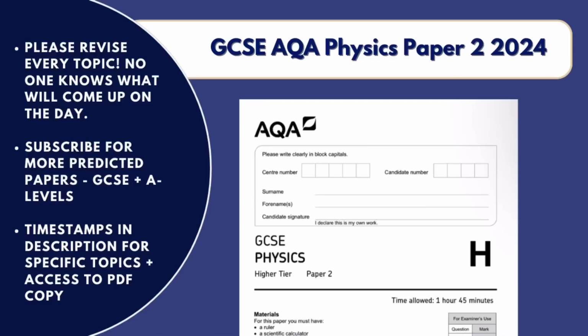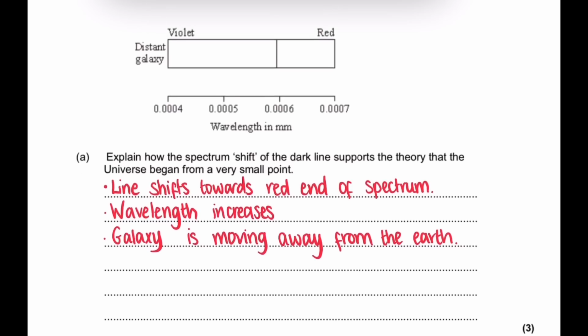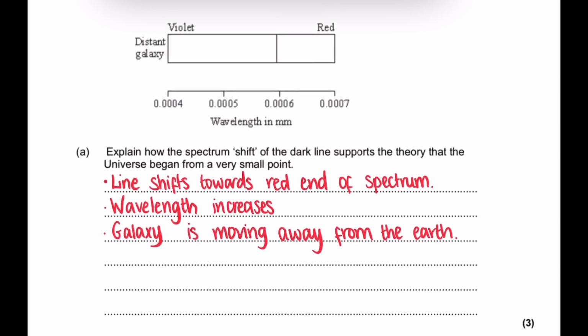So let's get started. The visible part of the electromagnetic spectrum from a star includes a dark line. This line is at a specific wavelength. The diagram shows the position of the dark line in the spectrum from the Sun and in the spectrum from a distant galaxy. Explain how the spectrum shift of the dark line supports the theory that the universe began from